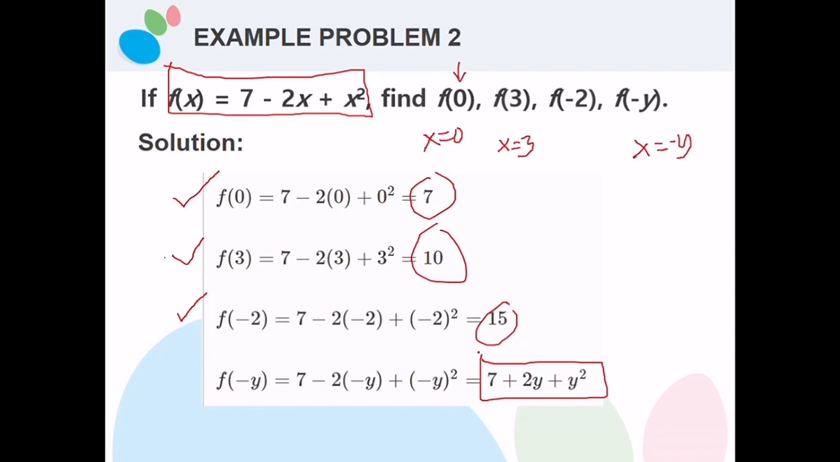Overall, if we summarize this topic about functions, if there is a given function and you're going to find, let's say, f of 0, what you need to do is just substitute the value of x into the given function, so you could get the value for y, or for f of x, or for the function itself. So that's all for today's